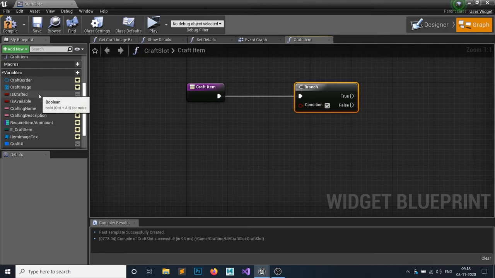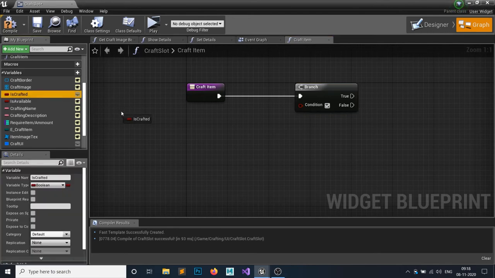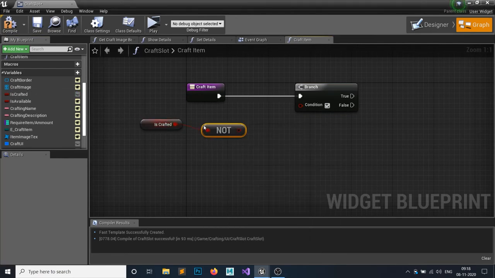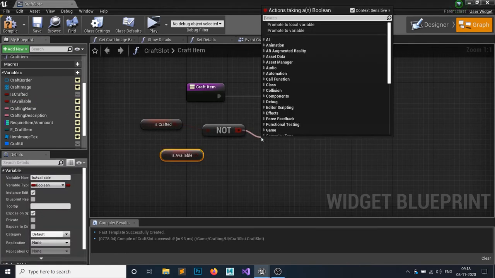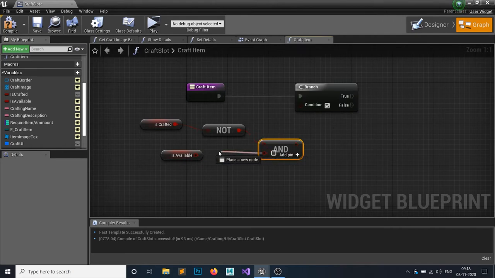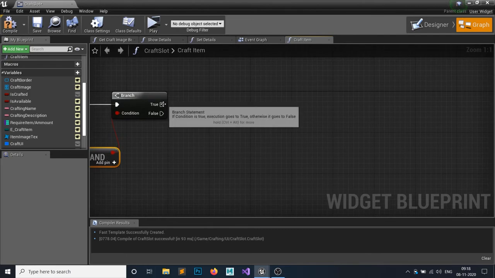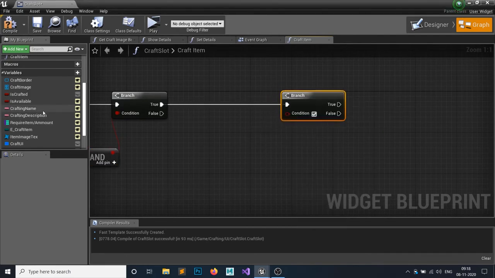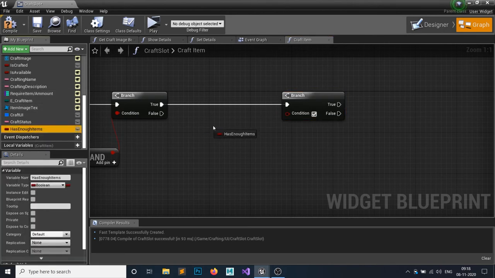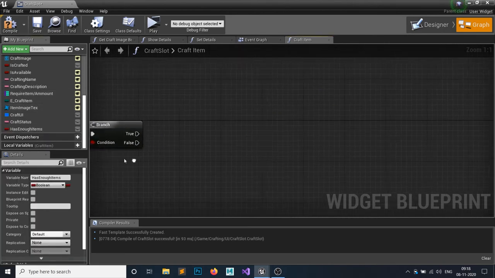A smoke bomb can be crafted one or more times, but if it's something like a pistol, then I don't want to craft it again and again. So is crafted should not be true, and it should be available. If both are true, then I want to craft. But for that I want enough items. So if you remember, we have made this has enough items variable. So if it has enough items, then we will craft.